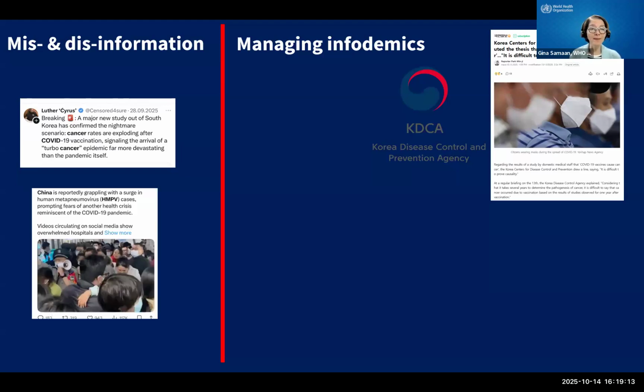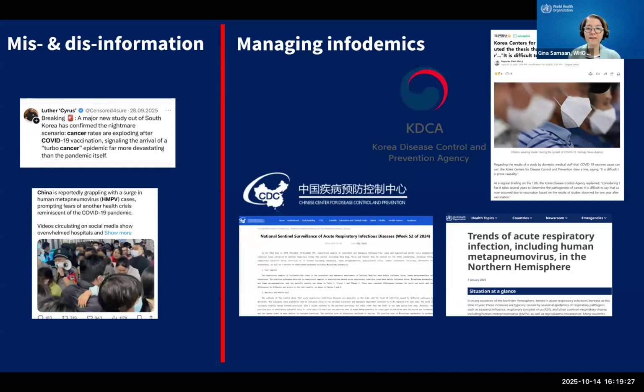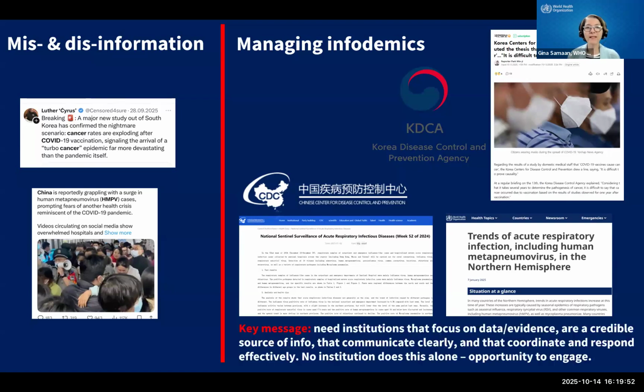Another example is from last year, where there was, again, misinformation and disinformation around HMPV, human metapneumovirus in China, being the next pandemic. Again, what we saw was that the Chinese Center for Disease Control and Prevention, an NPHA, again, had the data, the analyses, put out a press release through their foreign affairs, and also amplified through WHO to show what is the correct information and that despite the elevated rates of disease presence, this was not unexpected for the season. So you can see here a key takeaway.